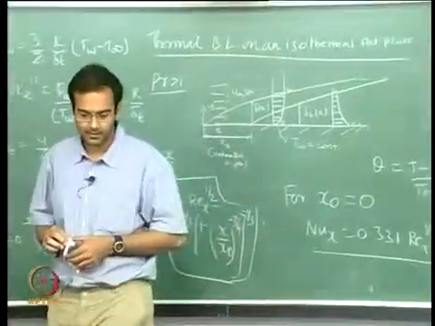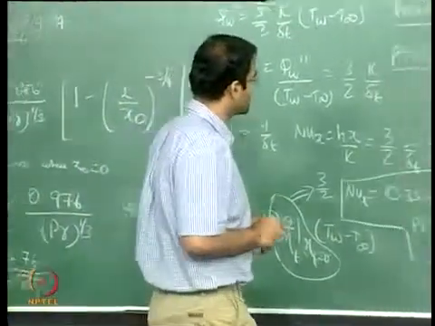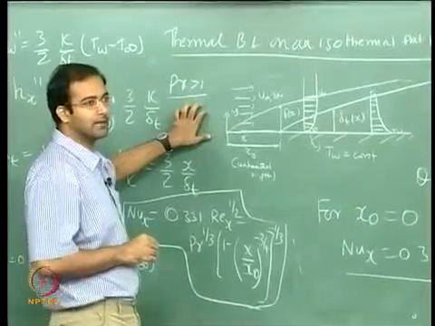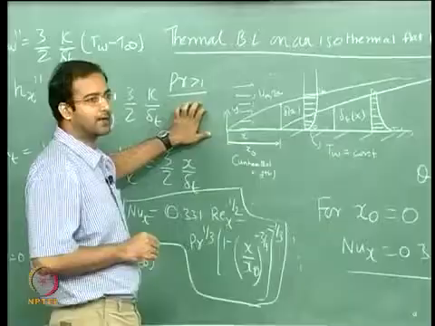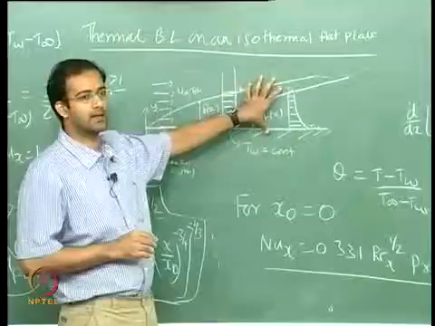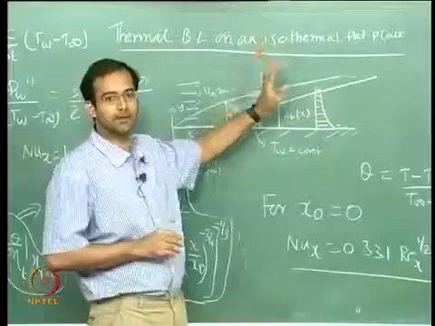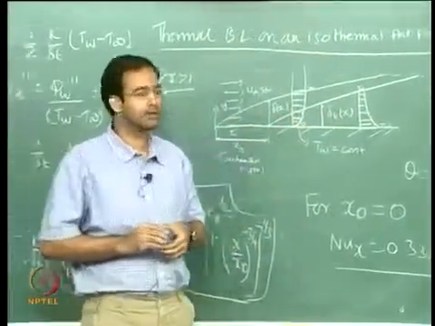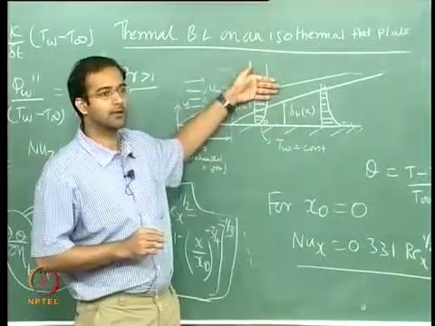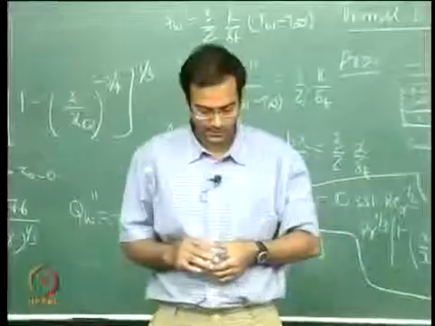So we will stop here today, and I just want to tell you we can also do a similar approximate solution for Prandtl number less than 1, which I am not going to do. We can make an approximation there, since for Prandtl number much less than 1 your thermal boundary layer thickness is going to be far greater than your momentum boundary layer thickness. So you can make a uniform velocity approximation rather than substituting a profile. The velocity boundary layer is so small that most of the thermal boundary layer will be looking at a uniform velocity. That is a much simpler case to deal with,